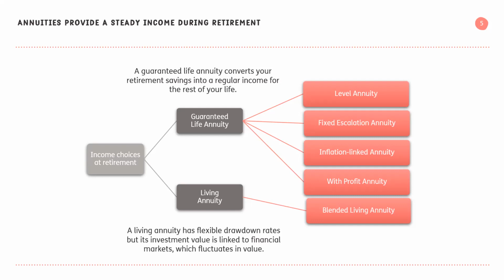And essentially, that's a combination of your guaranteed life annuity with your living annuity. And as I'll go on to explain later in the presentation, actually, it kind of gives you the best of both worlds. So it's not to say the living annuity is the best answer, nor is the guaranteed life annuity, but when you actually blend, you often get the most optimum outcome on a sort of retirement income frontier. But if we just look now at the with profit annuity, our flagship product, the Just Lifetime Income with Profit, and we delve into how that product works, which, as I said at the beginning, can be purchased on a standalone basis. And